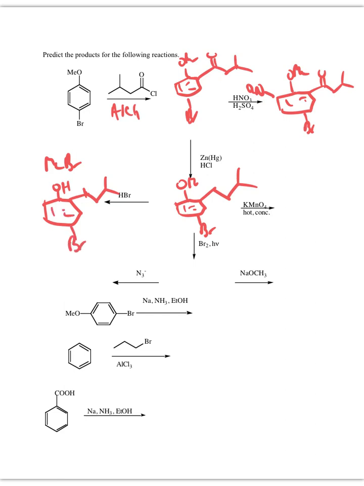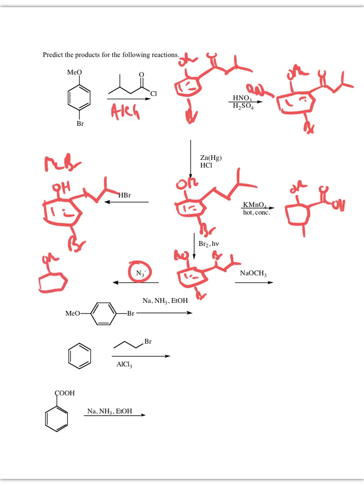KMnO4 is going to completely cleave the alkyl chain off, giving us the carboxylic acid. Bromine and light is going to brominate the benzylic position, so we'll have the two bromines on our ether. The azide ion here is going to do an SN2 on the only bromine that's on an sp3 hybridized carbon. So it's going to give us